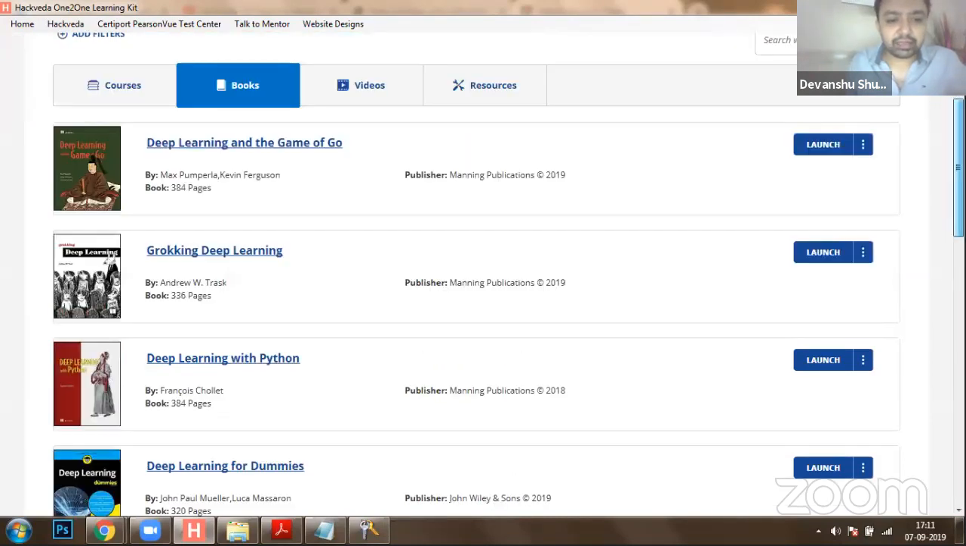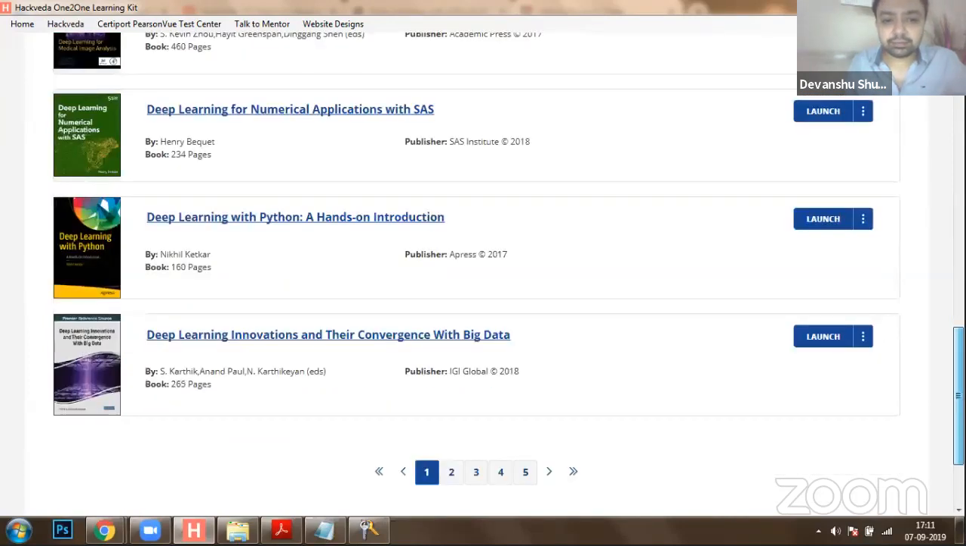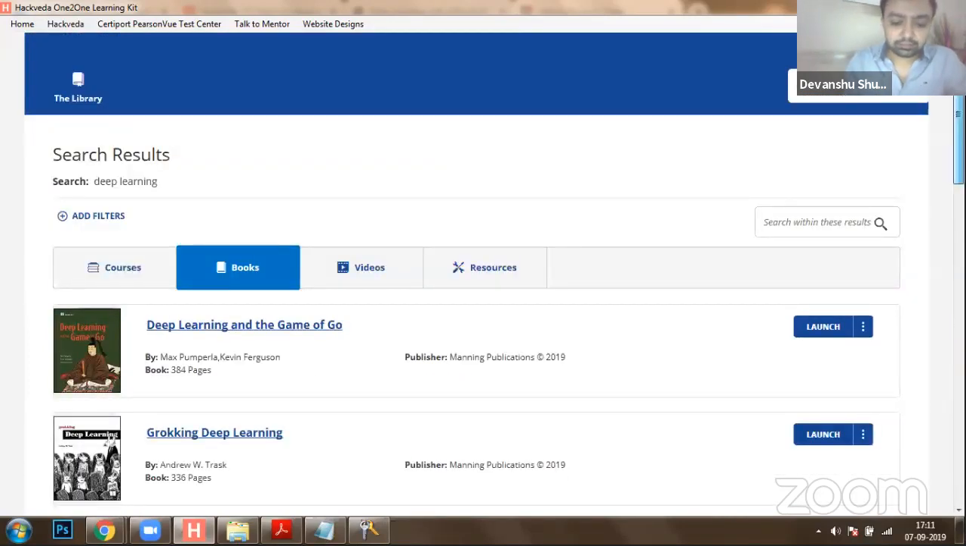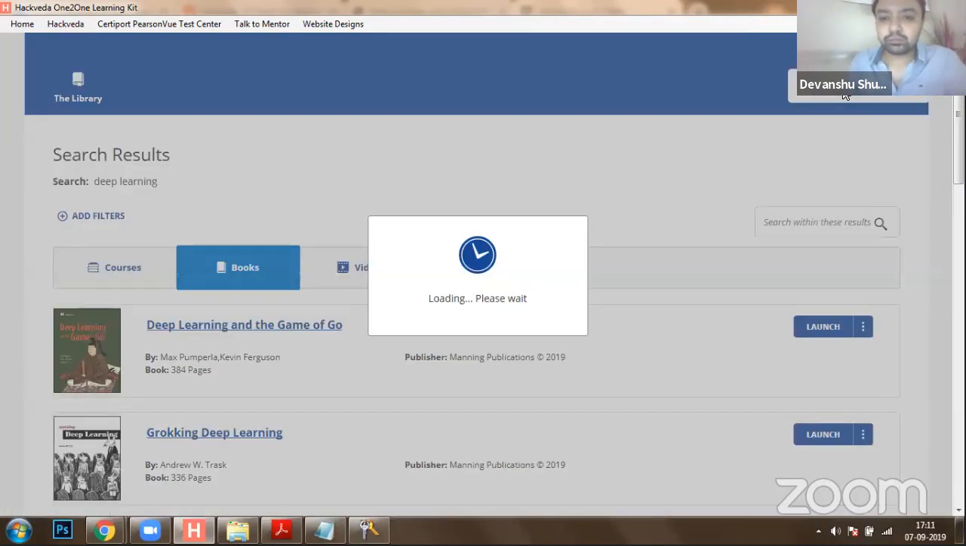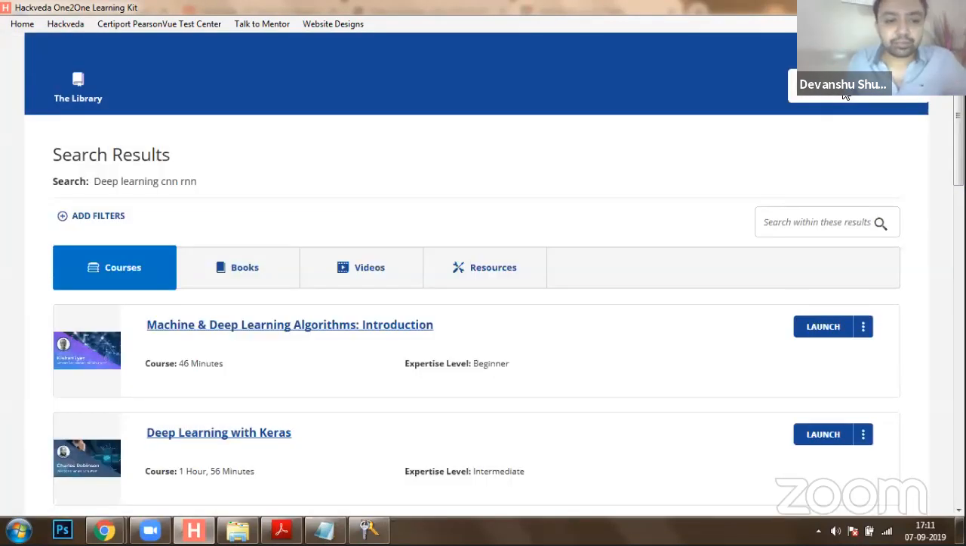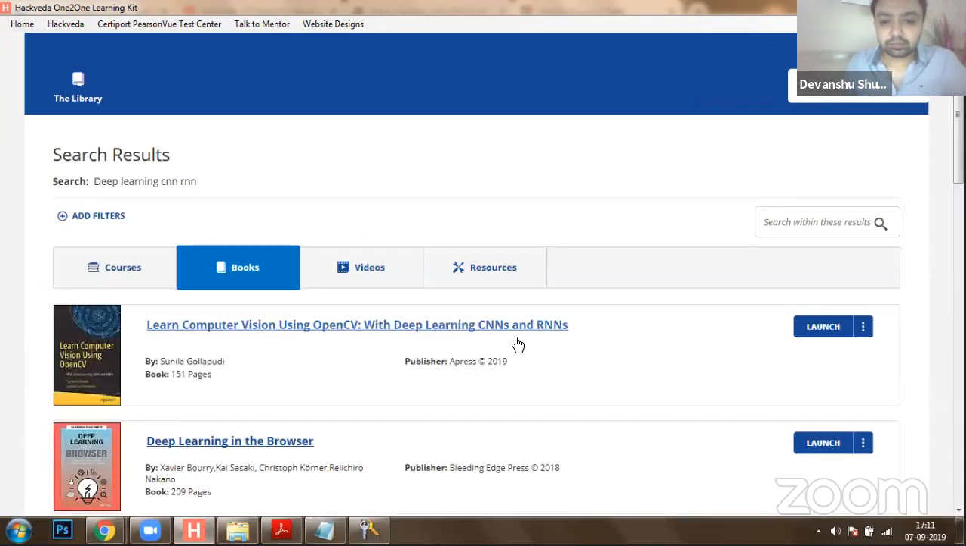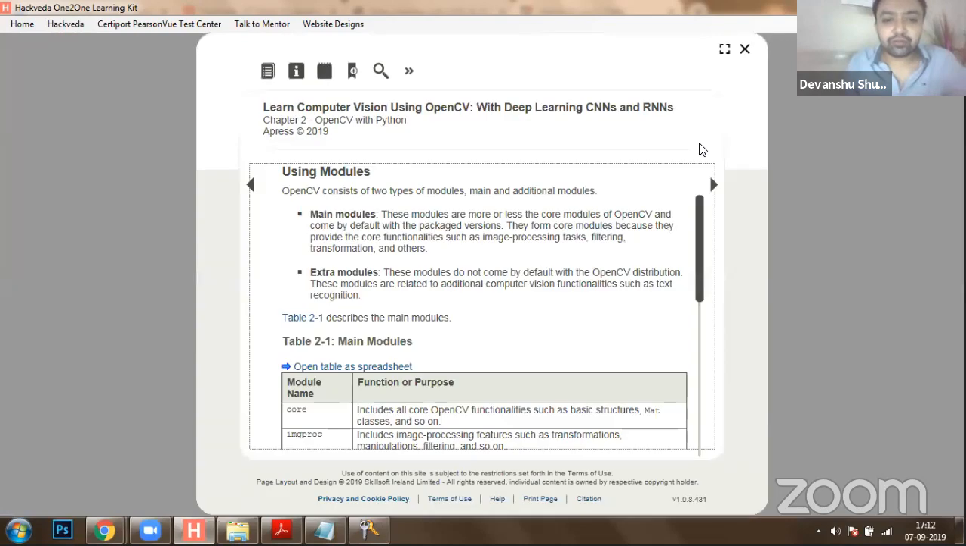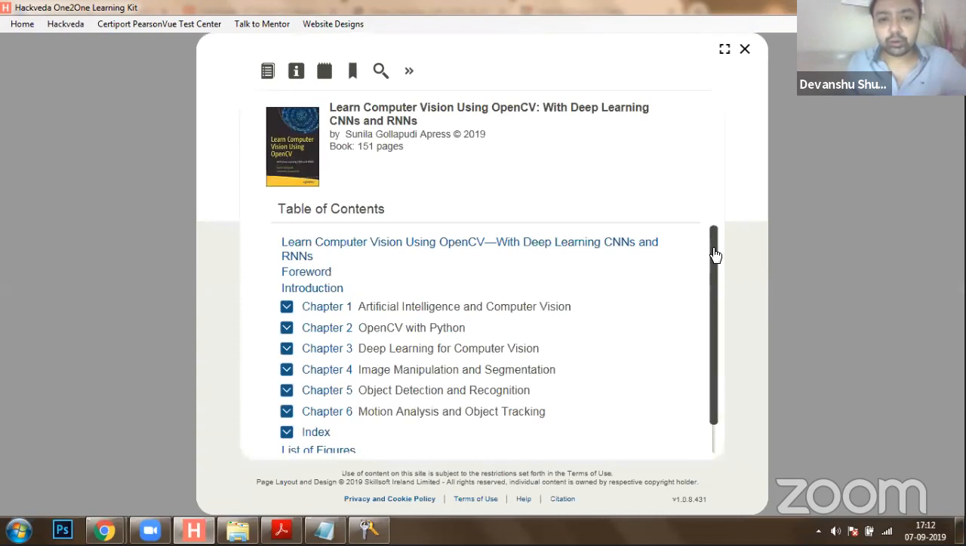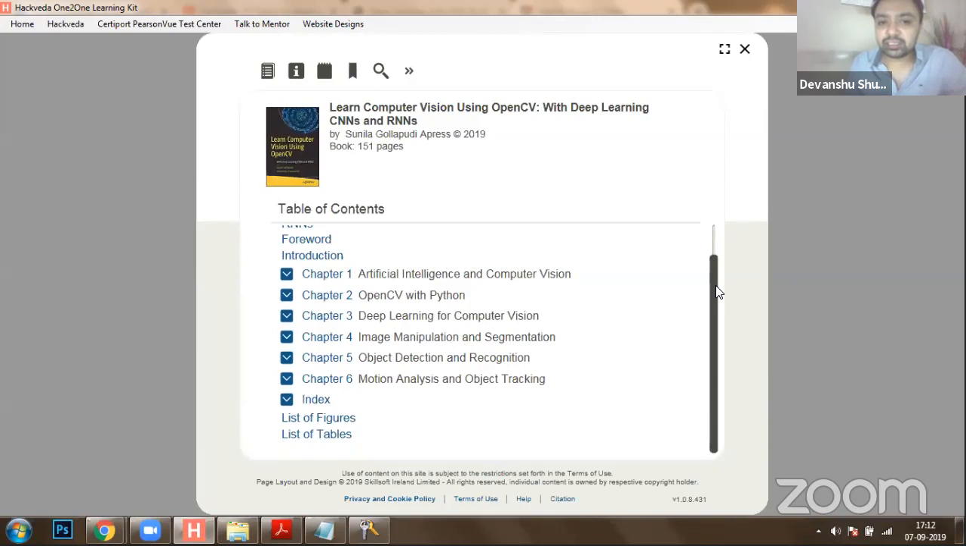So we are starting with deep learning for CNN and RNN. Okay, let's launch it. So you're going to get all the documentation and everything, whatever we will be using it. So I'll share everything with you. So here we are going to have this as a reference for this training program over artificial intelligence and deep